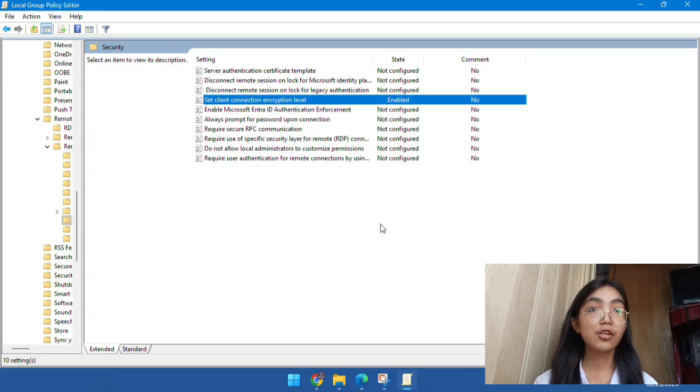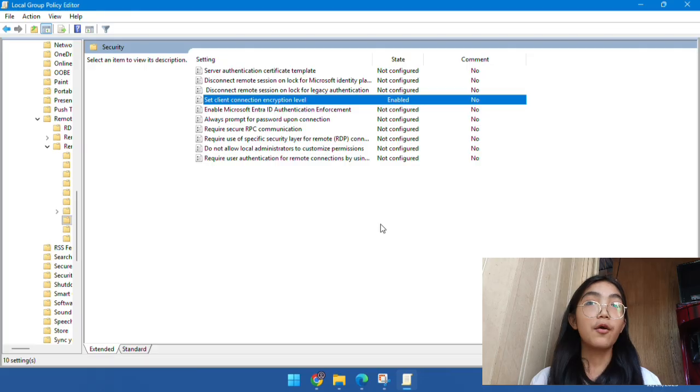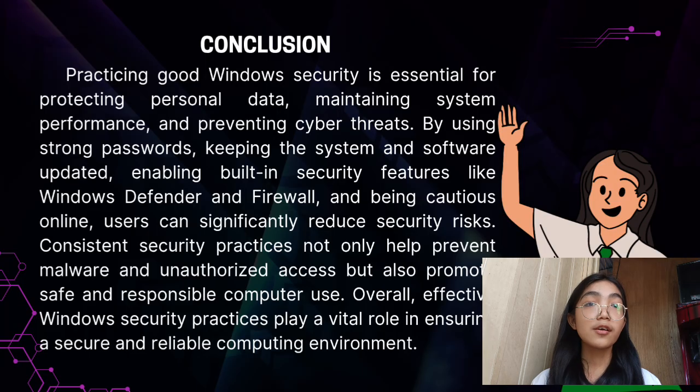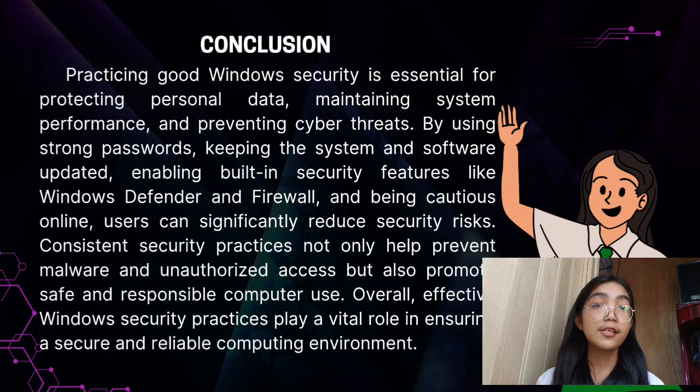exploit remote sessions. In conclusion, a Windows system requires strong security management, including proper access control, access restriction, service security, and continuous monitoring. With the rise of advanced persistent threats, or APT, system security must work together with network protection like firewalls and intrusion detection systems to prevent unauthorized access and privilege abuse.